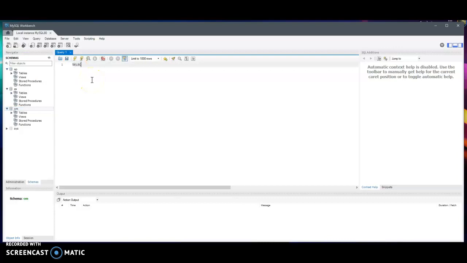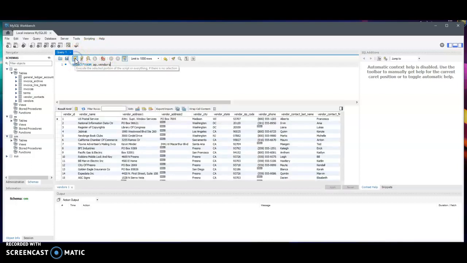Let's go ahead and put a select from, let's do the AP dot, let's get the vendors table. And there's this lightning bolt, and that's the